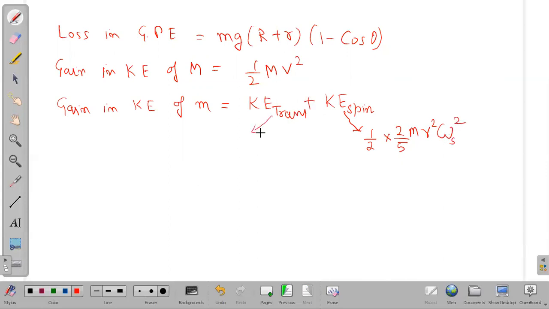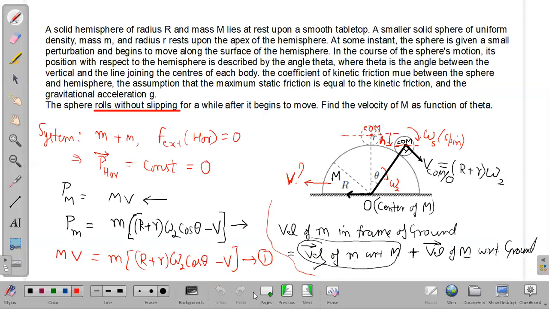And this is the kinetic energy of center of mass. So the kinetic energy of center of mass will be written as half m and the total velocity carried by the center of mass. Once again, what is the total velocity which is carried by the center of mass? This is again a crucial point. This center of mass is carrying one velocity which is capital R plus small r into omega 2, perpendicular to the radius vector. And also the center of mass is having one velocity V to the left side, as this small sphere is being carried by the hemisphere.